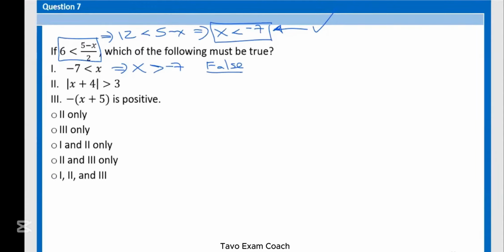Before just opening this, let's remember, can we estimate what is the sign of x plus 4? We are not told the absolute value of x plus 4 in general. We are told to work with this assuming this is a premise that x is less than negative 7. So, if we know that x is less than negative 7, we can try and foresee what the sign of x plus 4 is. You add 4 on both sides, and you have x plus 4 less than negative 3. But this means that x plus 4 is negative.